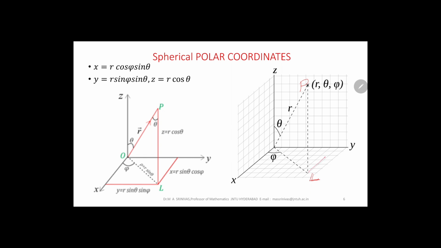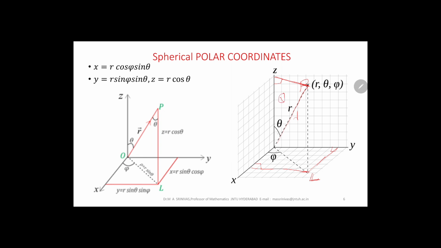from this, if I draw a perpendicular on the y-axis as well as on the x-axis, that means this is at 90 degrees, this is also 90 degrees. And here from P on the z-axis also you draw one perpendicular from P on the z-axis. So this is also a right angle. Because this is a right angle and this length we know is r, and from this right angle triangle,